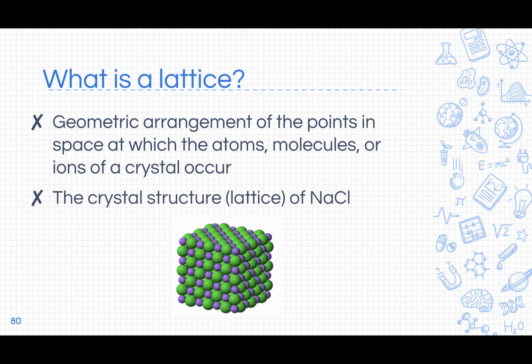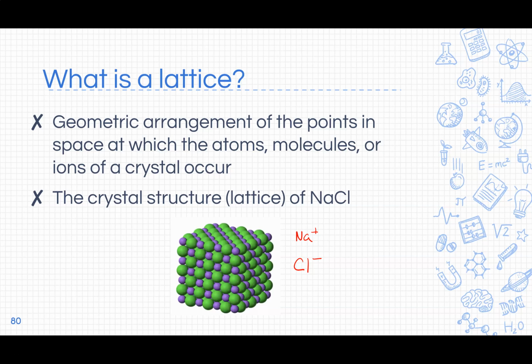Now, it is important that we can look at something like this and think, okay, well, Na and Cl, these are Na ions and Cl ions, which ones are smaller and which ones are larger. So we would need to look at a periodic table to see that our sodium ion and our chlorine ion,